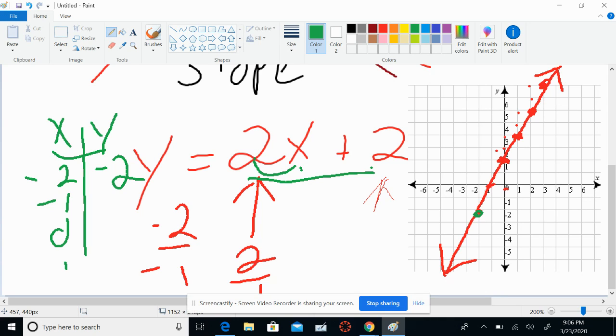2 times -1 is -2. -2 plus 2 is 0. And you can see there that is a 0. Same thing with the 0. 2 times 0 is 0, plus 2 would be positive 2. That's why it's the y-intercept, because we plugged in 0 for x in the equation, and it left me just